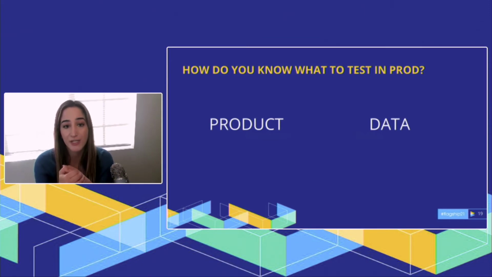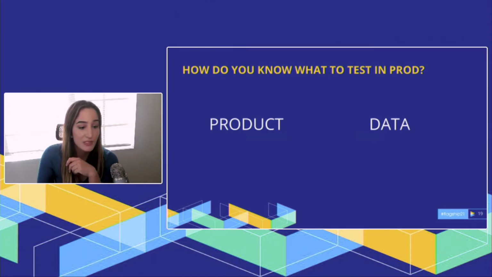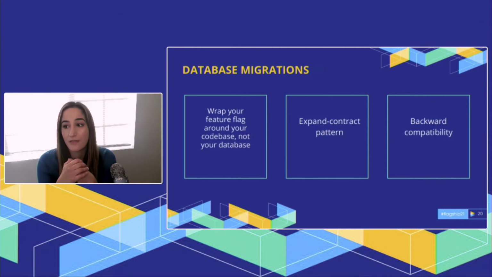If you're testing a change in production that includes a database migration, you want to be sure that you don't lose any data. And the safe and recommended way to do this is to wrap your feature flag around the elements of your code base, not your database. And so if there's a problem with your code and you need to revert, or if you decide you don't want to update the schema anymore, all you would need to do is change the code that's behind the feature flag without touching the database code. And then once the feature flag is deactivated, you could do a separate migration that's just going to drop that column or do whatever you wanted to do.